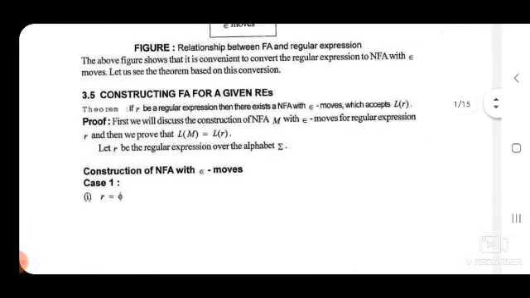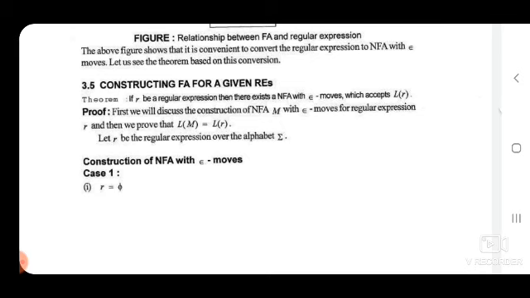So first we discuss how the basic components of a regular expression are to be converted into an FA with null moves. As we studied in the definition of a regular expression, phi, null, and every symbol of sigma is a regular expression, and from these basic regular expressions we can get some complex regular expressions by using some operators.